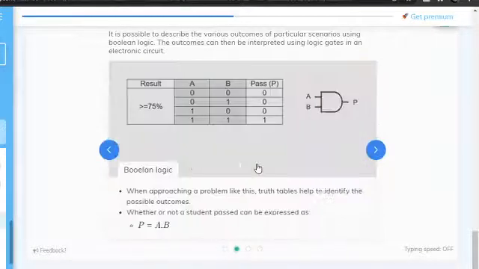So it's possible to describe the various outcomes of a particular scenario using Boolean logic. The outcomes can then be interpreted using logic gates in an electronic circuit. For example, in order to pass an online course, students must achieve 75% in both assessments A and B. So the Boolean logic would be, for A, if your result is,